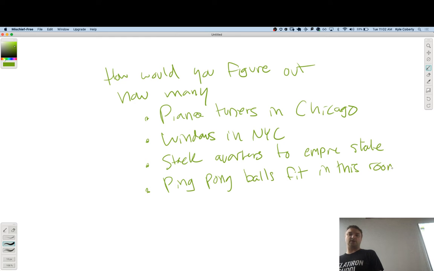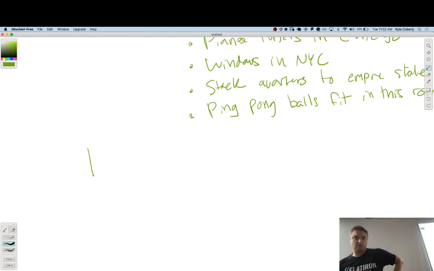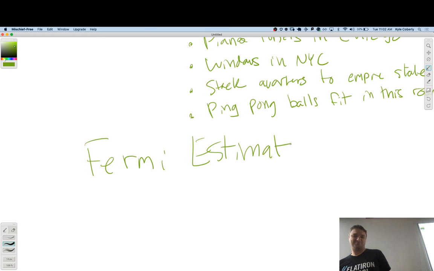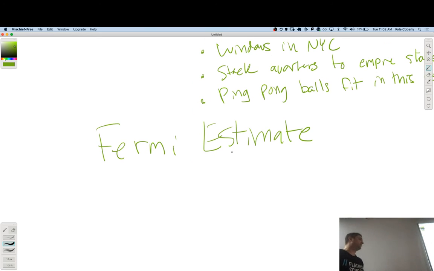So all of these use the exact same technique, just with different levels of complexity. The piano tuners one is probably the hardest, but it's not any different. So a Fermi estimate, named after Enrico Fermi. Do not do racist impressions during your interviews. The theorem behind this is that if you make an estimate with ingredients that are all the right order of magnitude, your final result will also be in the right order of magnitude, which is usually close enough.